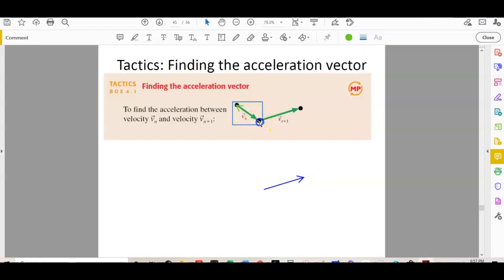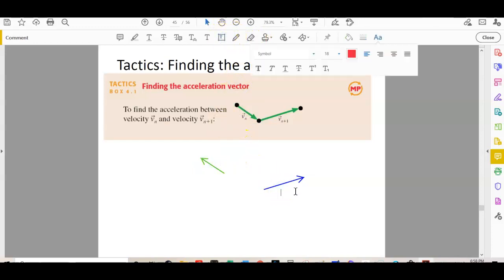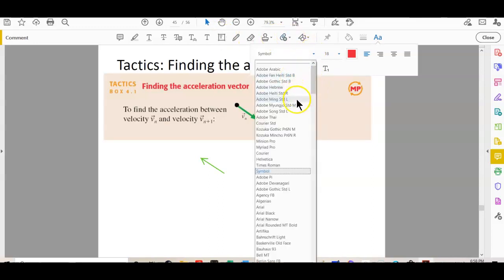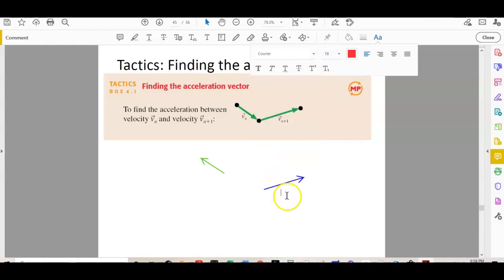So this is the initial velocity vector that has been reversed. And this is going to be v final, and we're just going to use black. So this is a positive v final,